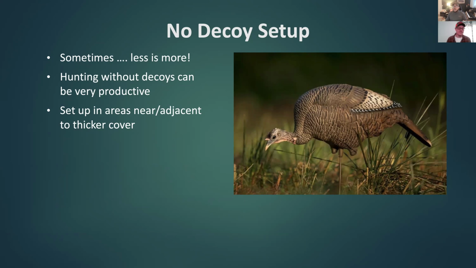And there are some advantages to having decoys. One of the biggest ones is it's going to draw that turkey's eyes away from you. Turkeys and wildlife in general are very good at narrowing their focus and pinpointing where a particular sound is coming from. So if you're sitting there just calling over and over and over again, eventually they're going to start to hone in on your location. They're like, why am I not seeing what I'm hearing? And so oftentimes having a decoy can just pull their attention away from you, focus their visual acuity straight on that decoy, and it allows you to get away with a little bit more and potentially get it set up for a shot. So again, there's pros and cons to each.